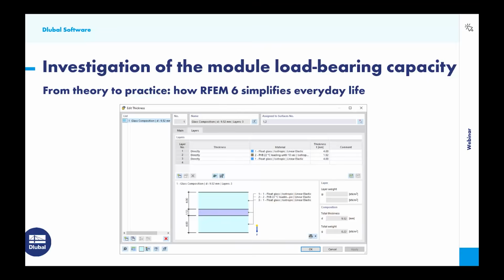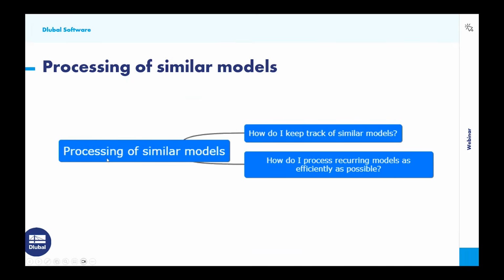And now let's come to the next typical situation. What will happen if you are working in this field? You have to process a lot of similar models. Because with photovoltaic systems, you think, oh, you have only systems on roofs and they look almost similar. Yes. Or on fields, they look similar. Yes, I agree. And what I see, let's say,